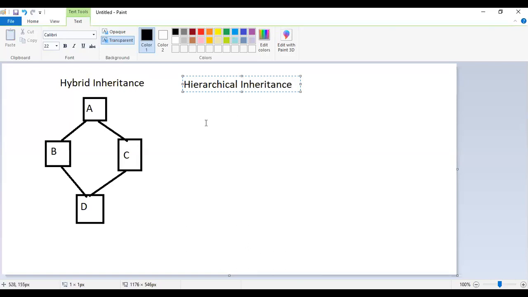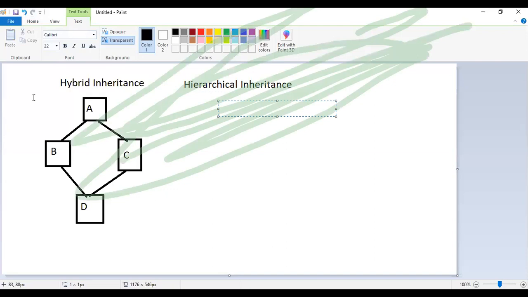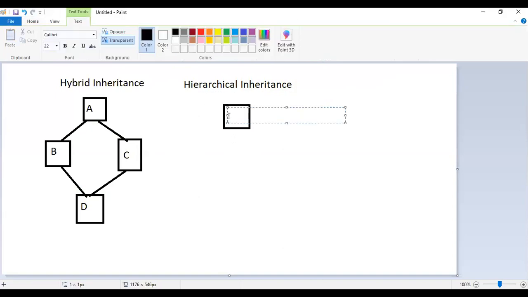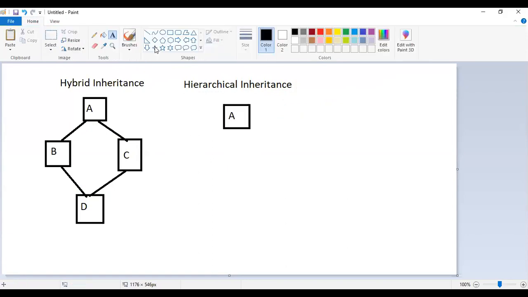Our hierarchical inheritance. So in that case, hierarchy. How will it display or how will it work? Yes, hierarchical inheritance or hierarchy.